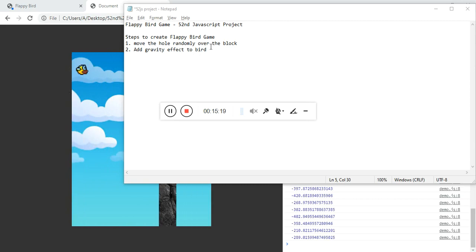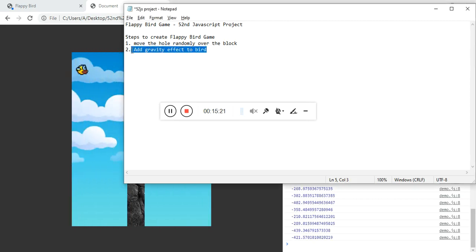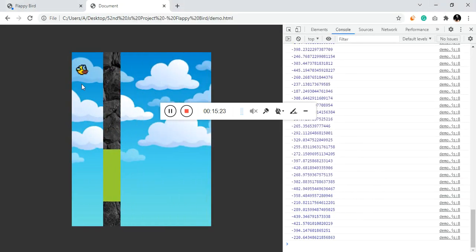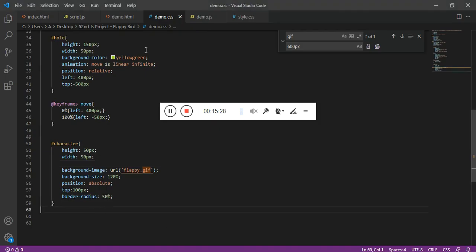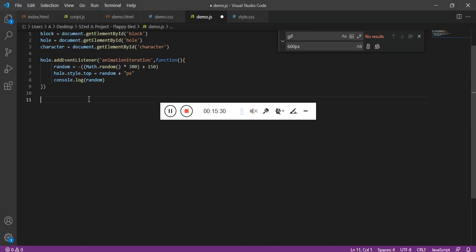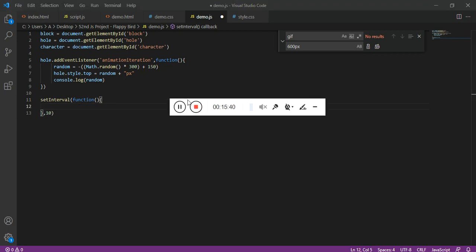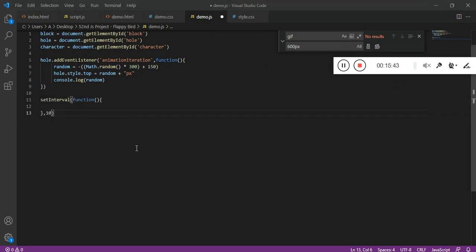Then what we are going to do is add the gravity effect. What it does is the bird needs to fall from the sky. So for that we have to use the set interval function, and it should run every 10 milliseconds. And by the time we have to get the top position of the bird.